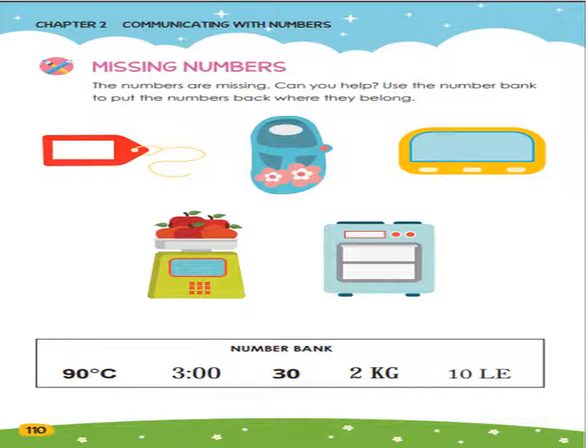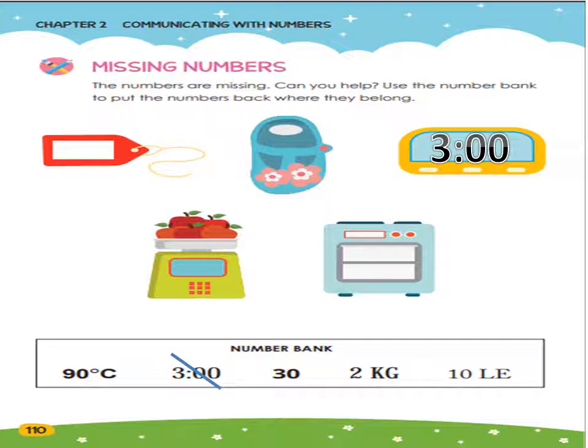Okay. Down in the number bank, I see 3 o'clock, and we have studied how to read the clock in the class. So this number tell me what? Excellent, tell me the time. So I can put it on the clock. Excellent, so I will write on the clock 3 o'clock and cross 3 down from the number bank. Okay, second number,